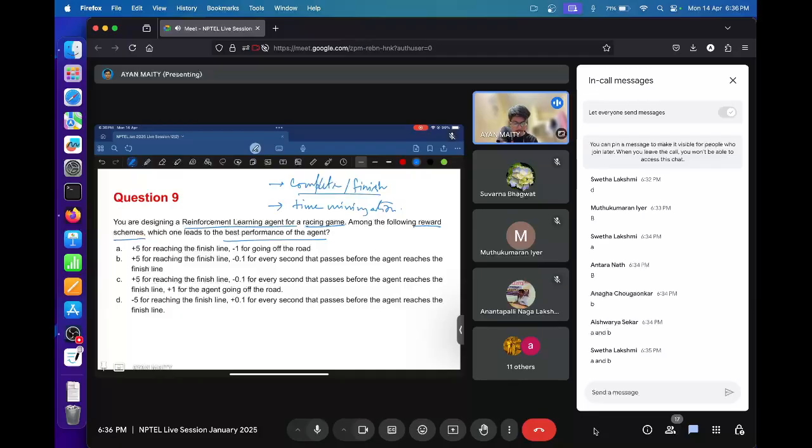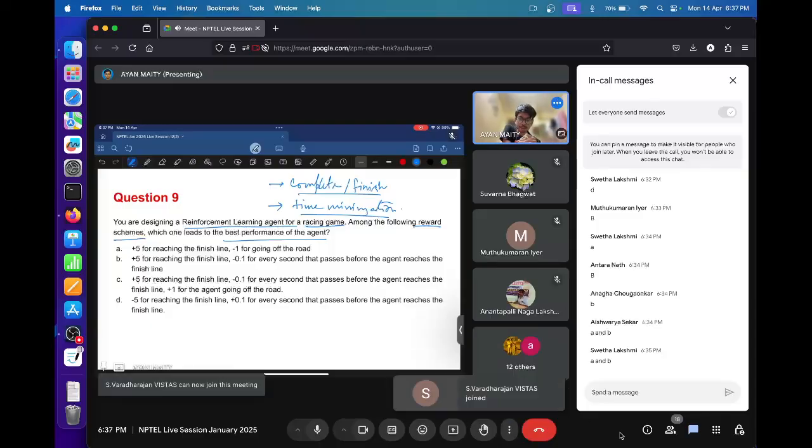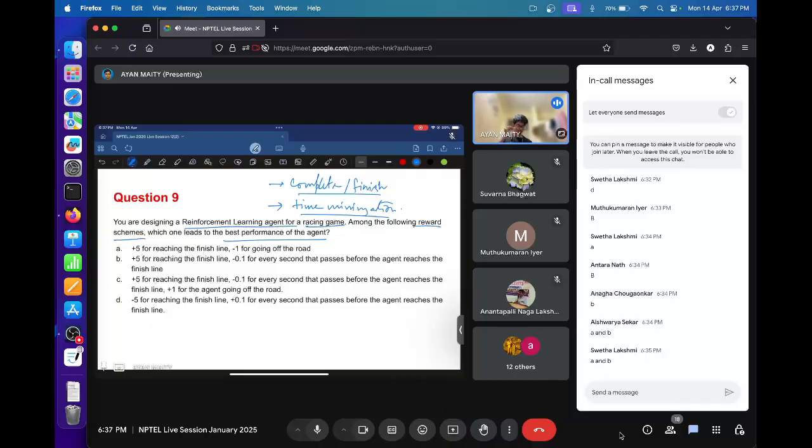So completing the race and time minimization, these are the two objectives that we have in a racing agent. If it completes, it should get a high reward. And for time minimization, in every step or in every second, we can give the agent some small negative reward or penalty so that it does not waste time during the race. So these two can be achieved by option B, that a high reward of +5 would be given